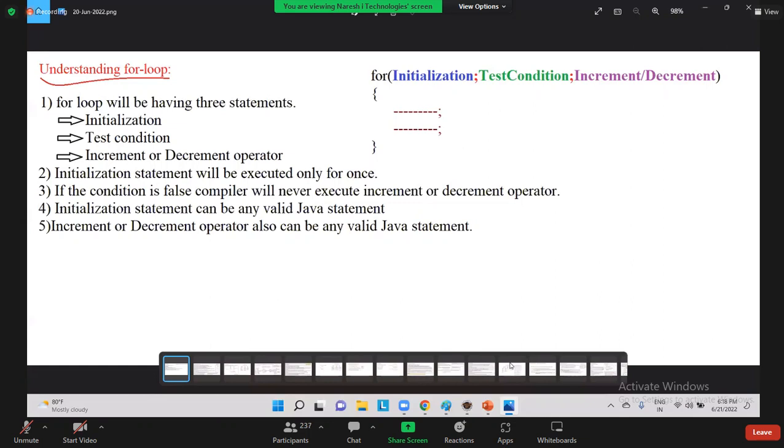Right. So guys, yesterday we started discussing the for loop. As I said, a for loop will have three statements. What are those? Initialization, test condition, and increment or decrement operator. We have seen a lot of methods and options for how we can achieve this in a for loop. As I said yesterday, the for loop is not yet completed, just one more small task is pending. Now guys, before going to the task,